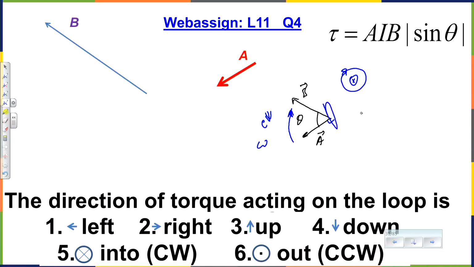How do I know the torque points that way? I forgot to mention. If it's starting moving, it's speeding up. If it's speeding up, angular acceleration and angular velocity point in the same direction. But again, net torque and angular acceleration are related by Newton's second law for rotational motion. And there is only one torque here. So they all should, for this particular instant, have the same direction. Just a review of right-hand rules.